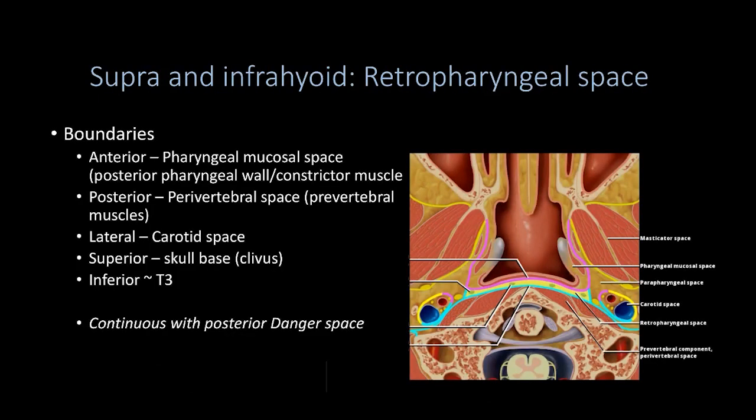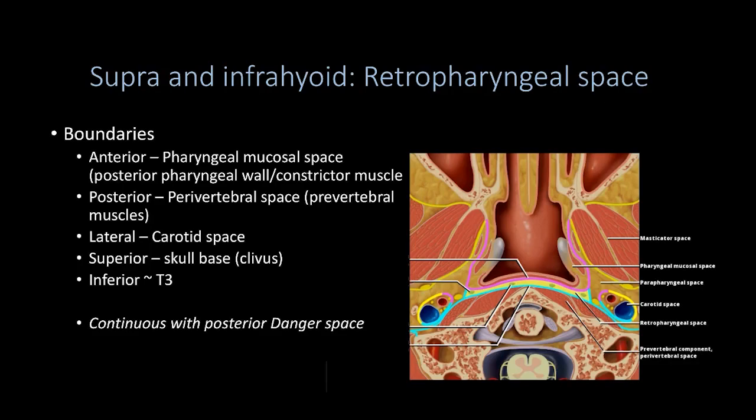Okay, so moving on to the retropharyngeal space. So our retropharyngeal space is going to be a thin sort of potential space between these two fascial compartments. It's located behind the pharyngeal mucosal space, and in front of our prevertebral muscles. Laterally, we have the parapharyngeal and carotid space. Superiorly, the retropharyngeal space is going to extend from the clivus and inferiorly to about T3,